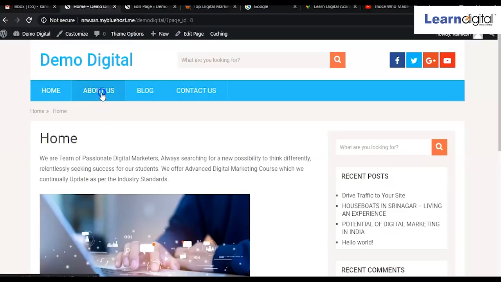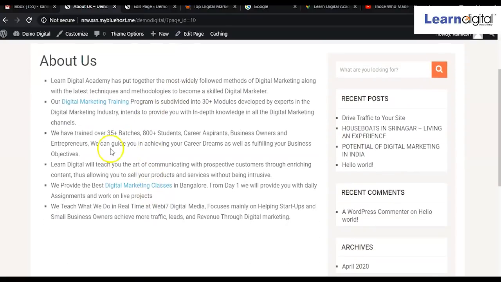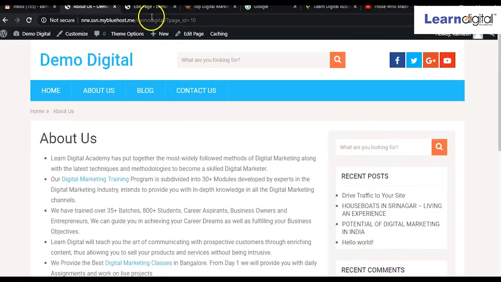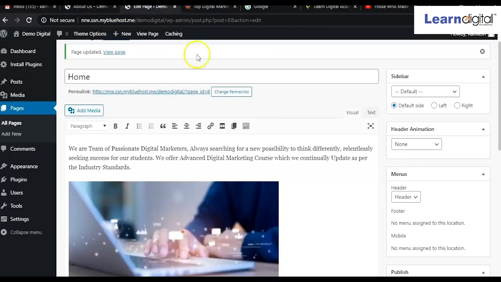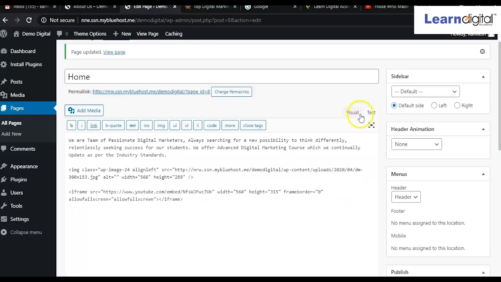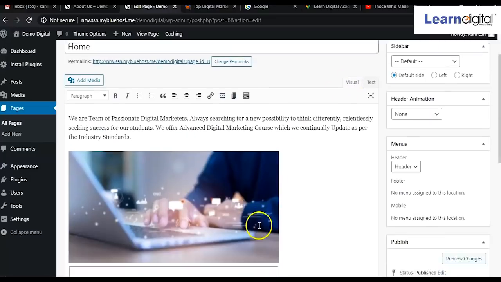If you want to add videos in the about us page, from your backend you can go and anywhere you want to put that video, you can simply paste the code at the backend part. And always remember that code should be pasted in the text part, not in the visual part.